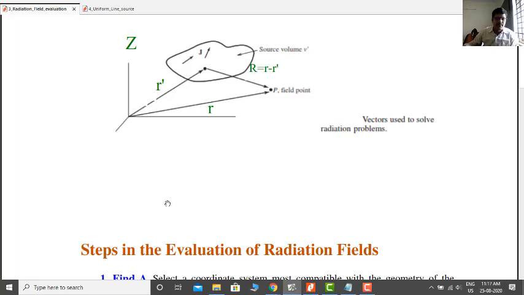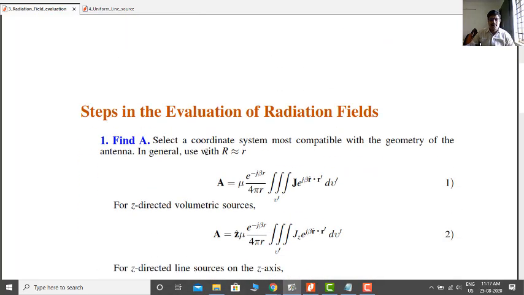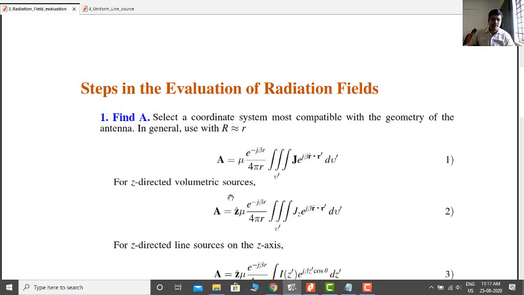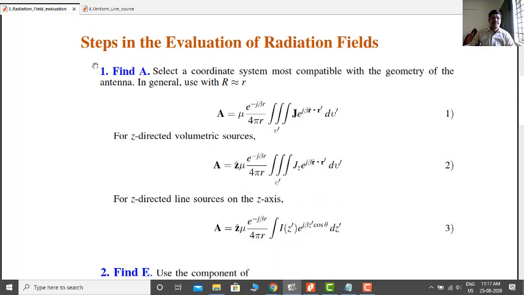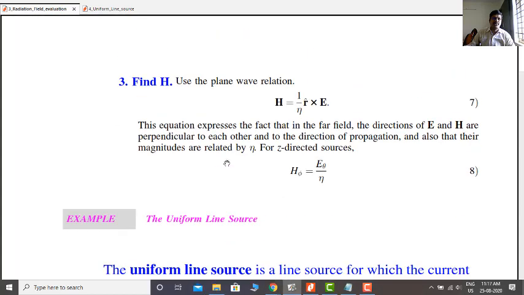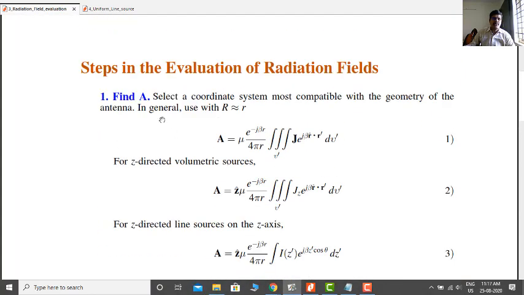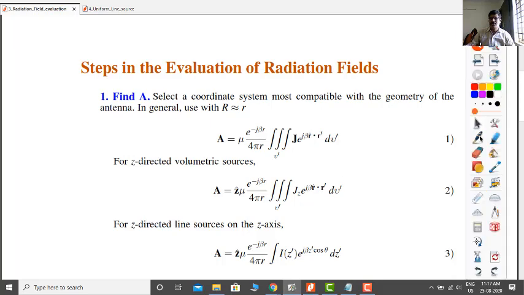So already we discussed the steps in the evaluation of radiation field. Once again I refresh you, because this is a very important portion of antenna design and analysis. The steps in the evaluation of radiation fields normally involve three major steps. In step 1 we have to compute the A corresponding to J, because J is the source,